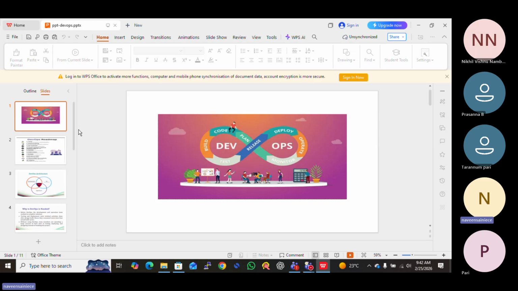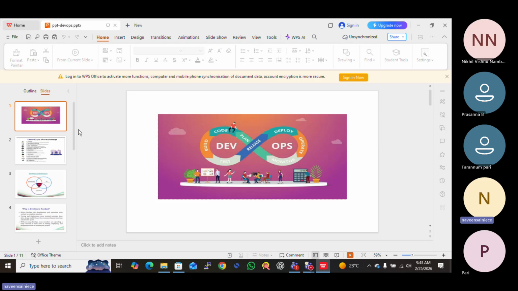You will understand this completely when we start our first tools: Git and Docker. We will see CI/CD pipeline, continuous integration, continuous deployment and delivery.